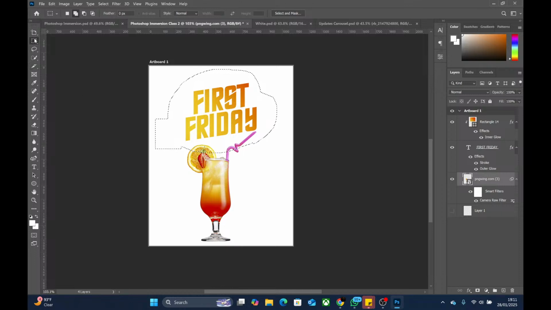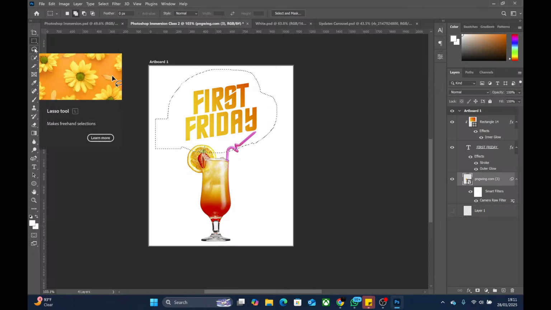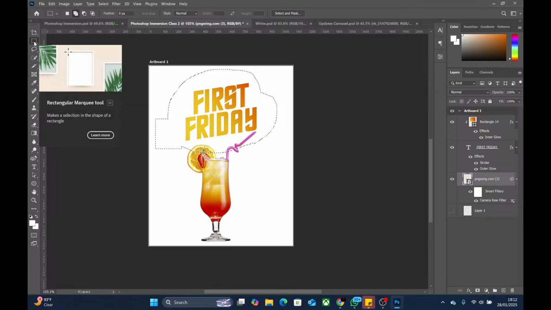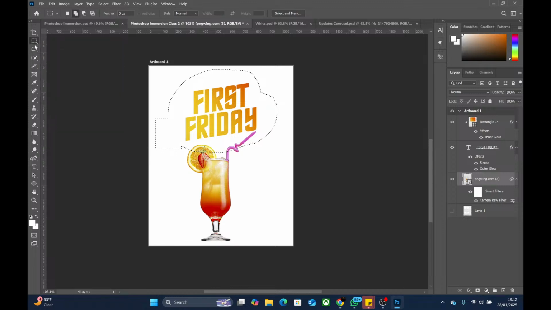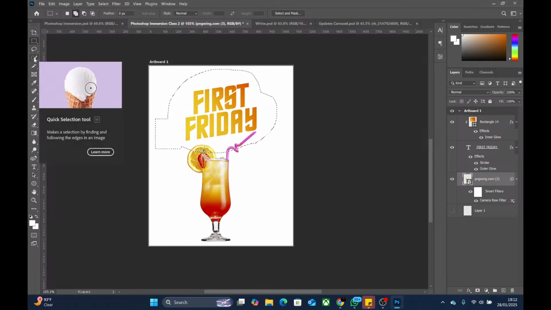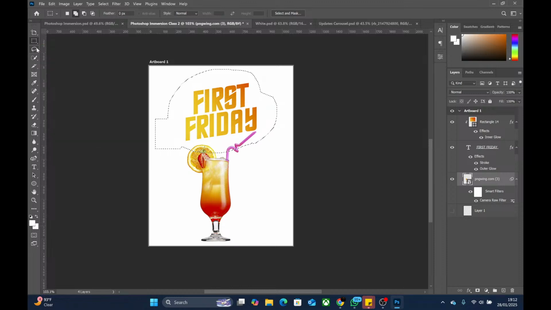Now I'm even using another tool because I started with the lasso tool. Now I'm on the marquee tool, but it still continues the selection. So these three are all selection tools. You use them to select pixels, to select stuff. It's just that they work differently. So the three of them can work together. They can be complementary to one another. So if I come back here, I can still continue my selection.